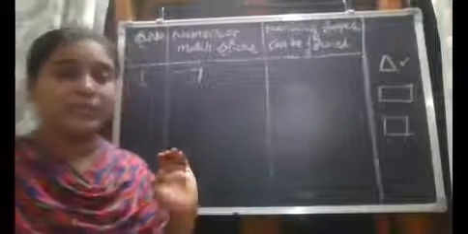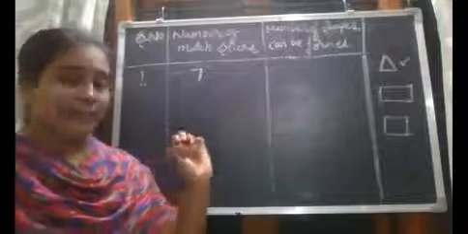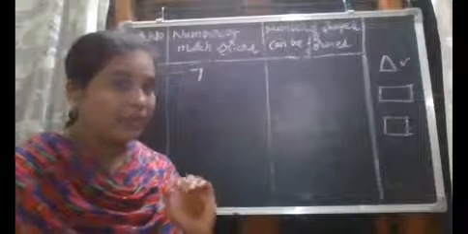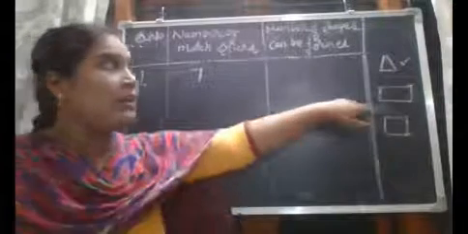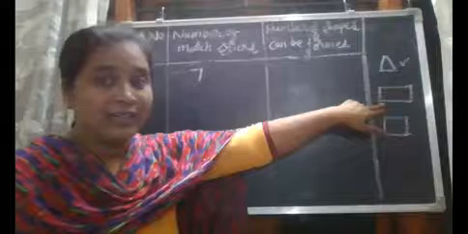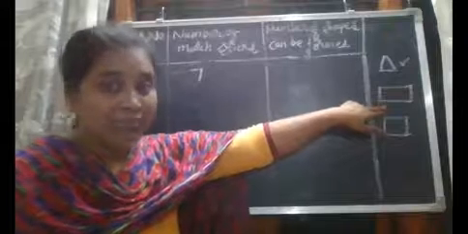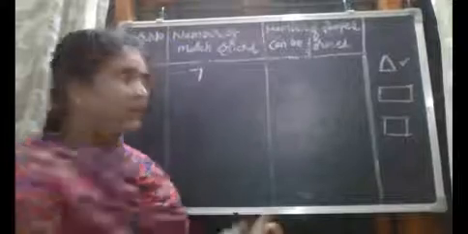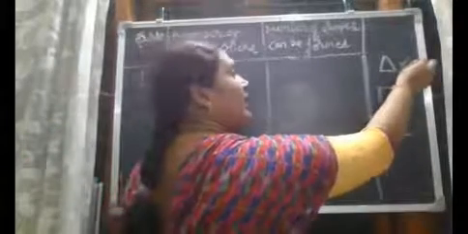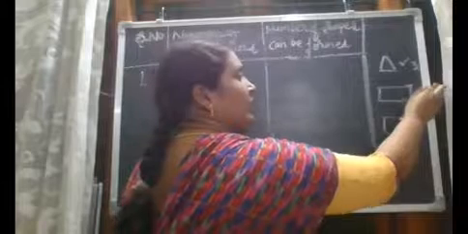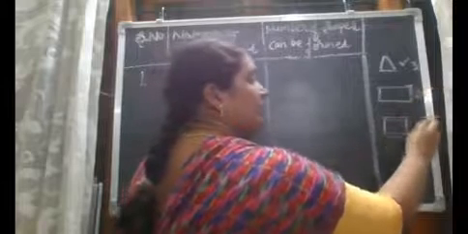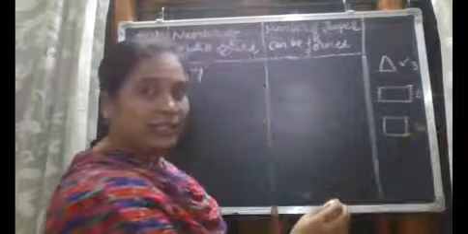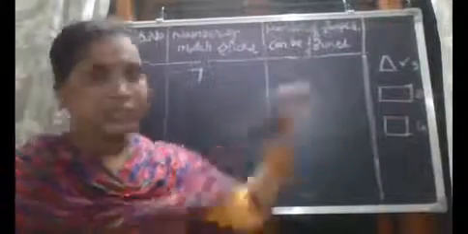But even though they are even, we are not able to make a rectangle using 2 and 4 matchsticks. Why? Because how many matchsticks are required to make a rectangle? Minimum 6. Do you remember, children, the minimum number of matchsticks required to make a triangle? 3. For a rectangle, 6. And for a square, 4. We should remember these points also.